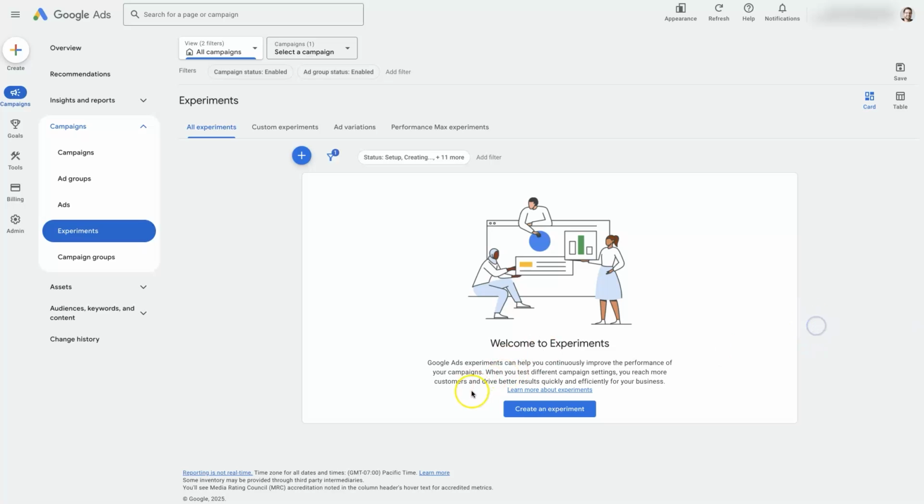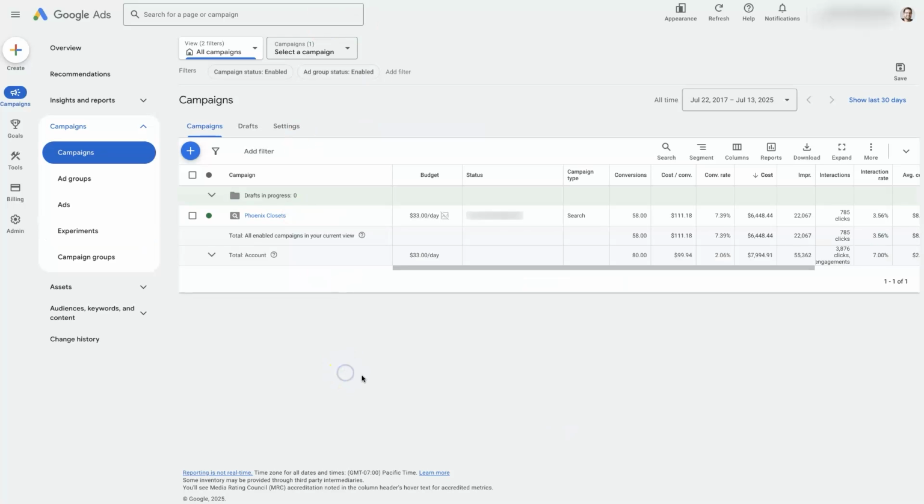Let's take a look at how to run an experiment for a campaign on Google Ads. For this to work, you really want to make sure you already have a campaign running. So I'm in my Google Ads account under campaigns here, and we can see that there is this campaign that's got plenty of data. It's got like 785 clicks, which gives us kind of a baseline of how this campaign